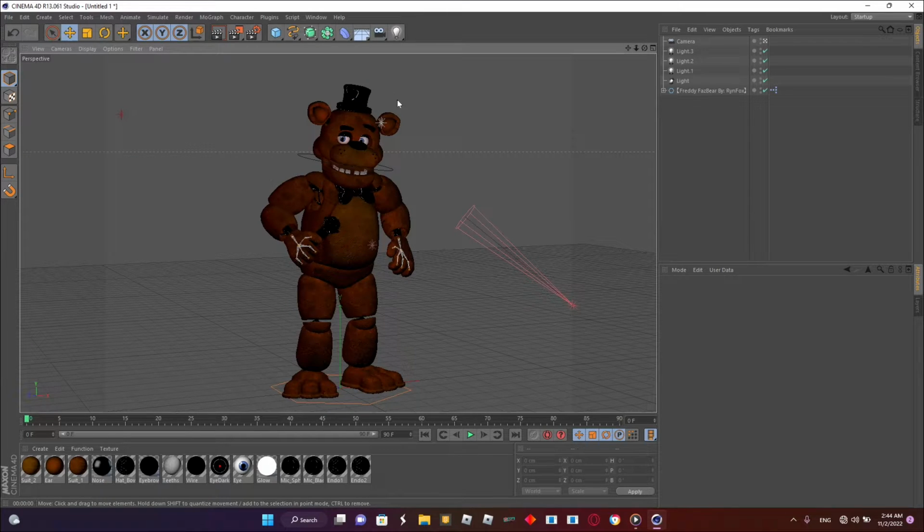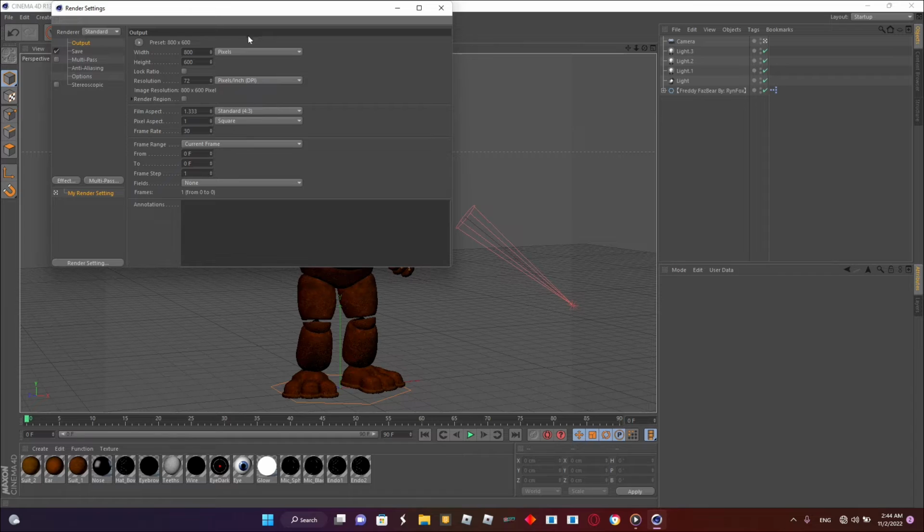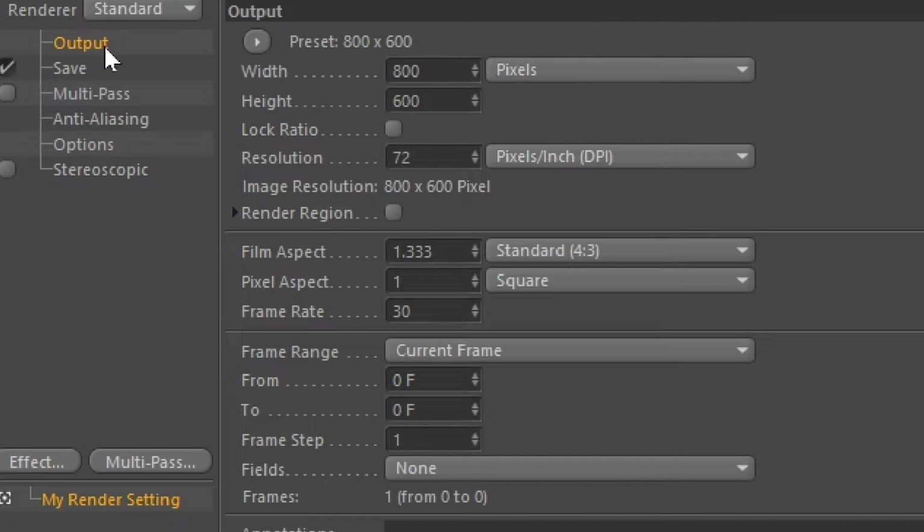So now it's finally time to go to render settings. To get to your render settings, all you want to do is go up to this little settings thing right here, over by the toolbar right here, just this. Click on that, and in output, this is really important. Really important. You want to put your width